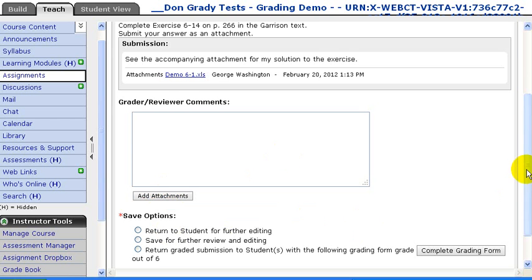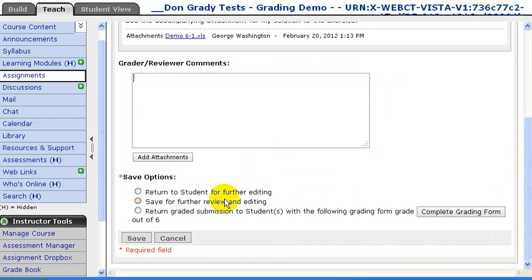And then I would just click the button down here that says Return to Student for further editing. And then once I save, that will send the file that I've attached back to George for his comments and completion, and then he can resubmit it, and I would start the cycle over again and go back and review